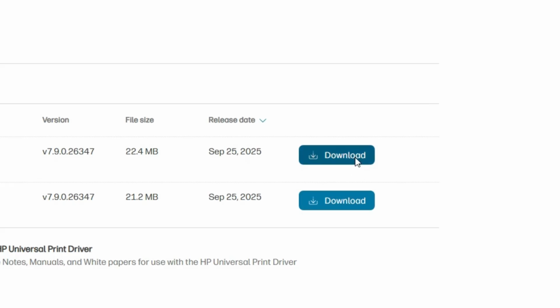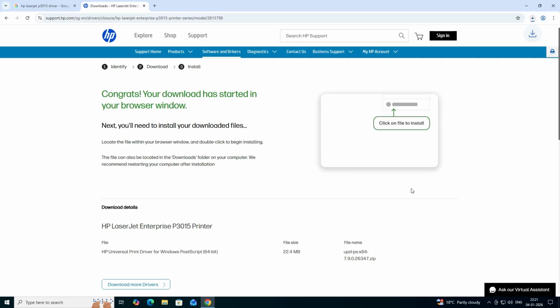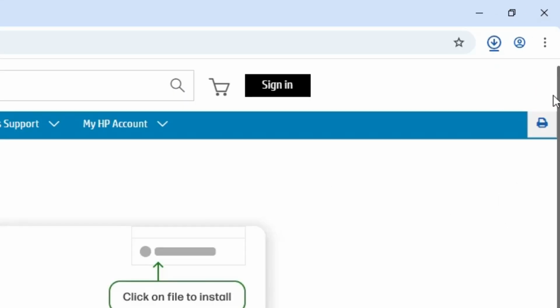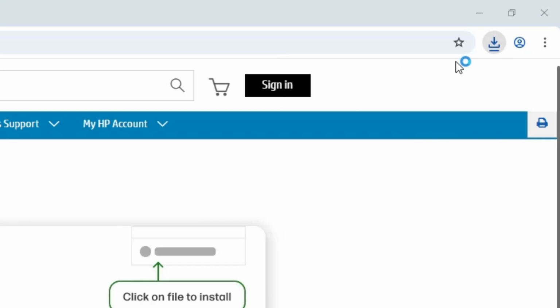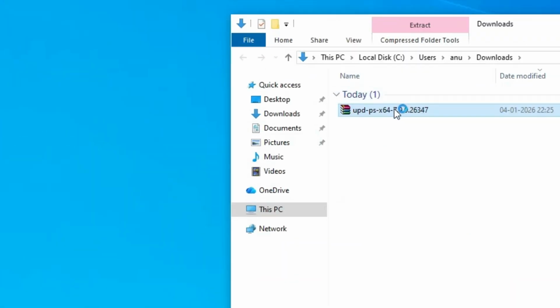I click on Download. It redirects you to another web page, and the download is started at the top. Wait for a few seconds, and the download is complete in a few seconds. Our download is completed. Go to Downloads, click on Show in folder, minimize it, and drag this setup file